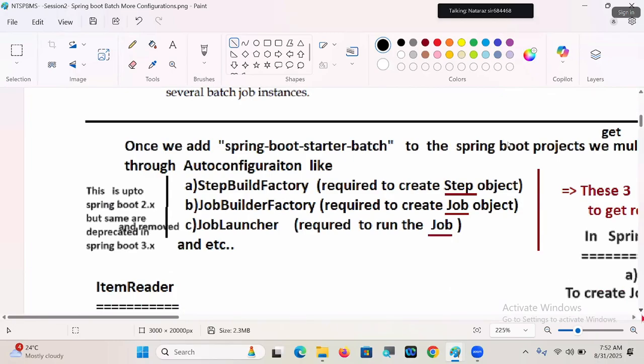Okay, now listen, guys. The moment you add the Spring Boot batch starter to any Spring project,